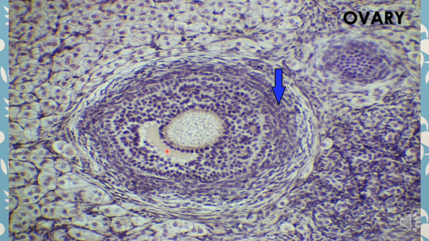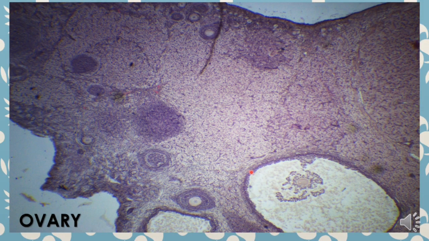Granulosa cells show the crescent-shaped cavity. These follicles are called the secondary follicle. Now the follicular liquid is larger, and the antrum, you can